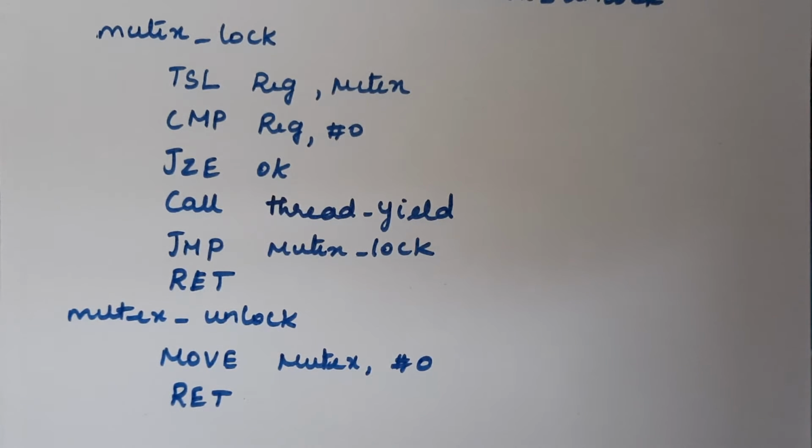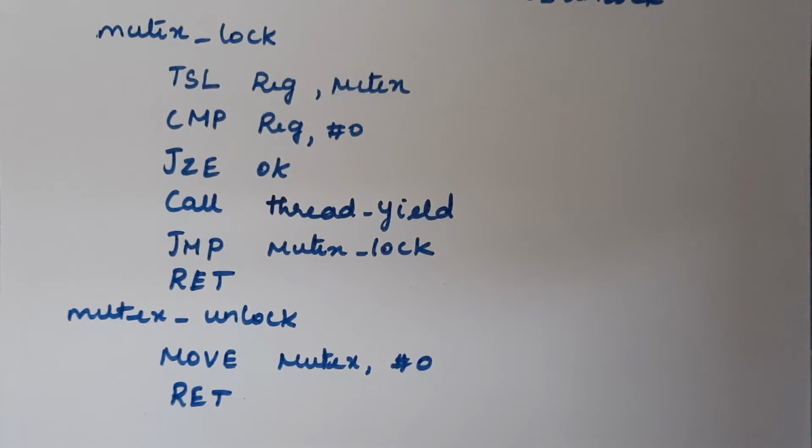We are not going to block that particular process. We are just going to allow it; we are not going to hold the CPU for the particular process. We are going to leave the CPU, and that is what we are performing with this thread yield. The CPU will be given to any other thread or process to execute. So we are not going to waste the CPU cycles here.